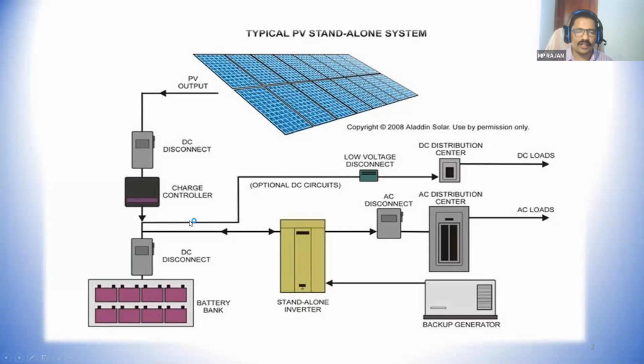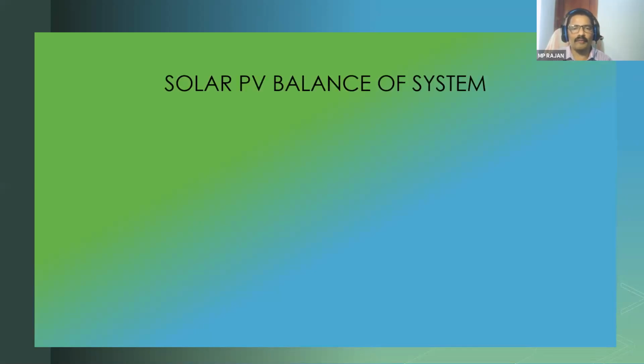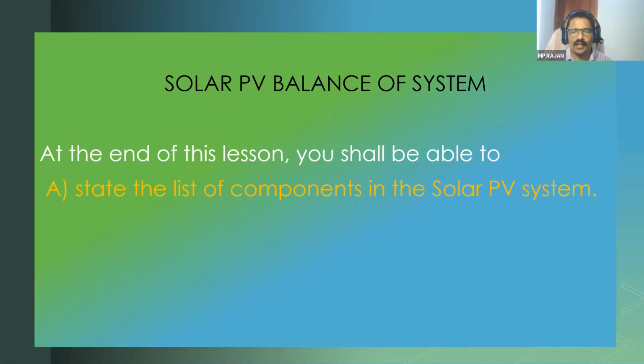And in today's class we will discuss the various small components involved in the system, and we call it solar PV balance of system. हम ये पूरा बैटरी, इन्वर्टर और सोलर पैनल छोड़ के बाकी को, सब मिलके बोलता है सोलर पीवी बैलेंस ऑफ सिस्टम, मींस अदर पार्ट्स. So in today's class we'll list out what are the system components involved, and all those components will not be able to be explained today within one hour. So this is part 1.